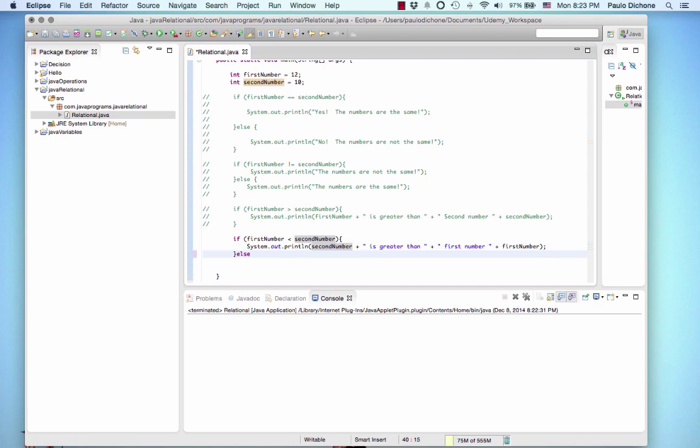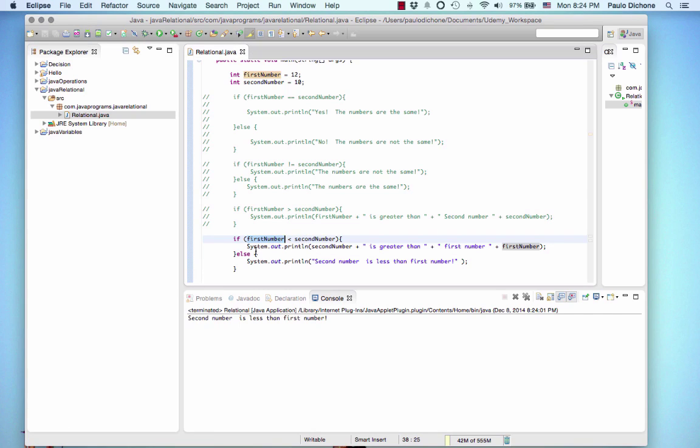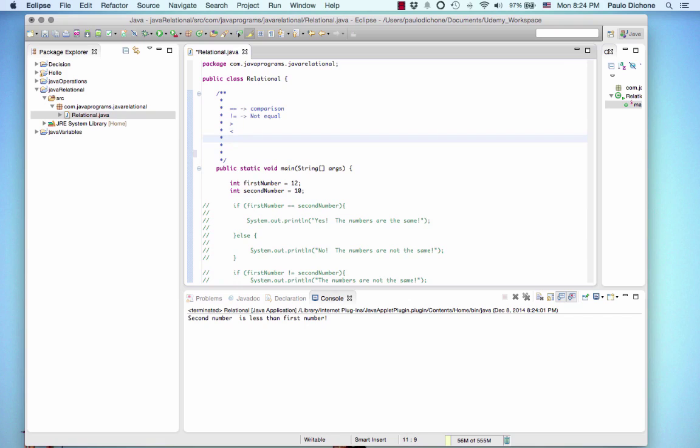But if we go ahead again and put else, let's just copy this. Else, get rid of all of that and just say second number is less than first number. There we go. So it went and looked at this and said, well, this is not true. This statement here is not true. Hence, this is not going to run. But this is going to run because this is not true. Let's go and do greater